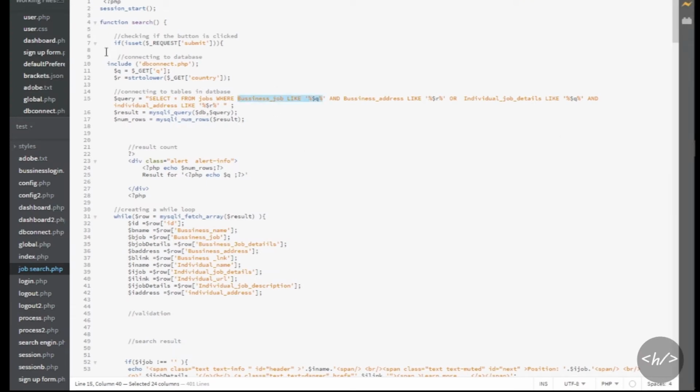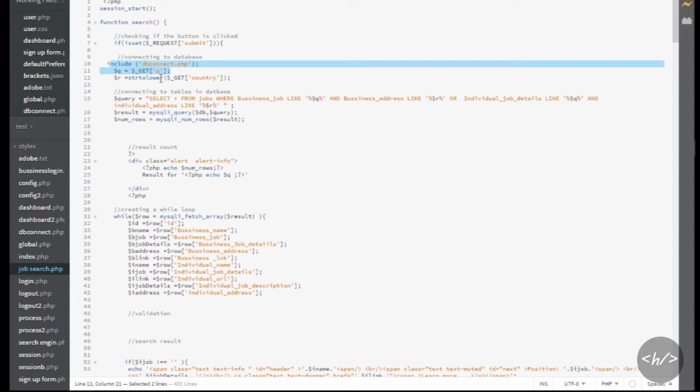You could see here, let's give a basic if statement to check if the button is clicked, because I named the button submit. So what this code does is check if the button is clicked, and I encapsulated the whole code in a function. So I'm going to call the function where I want the code to run. That's just it. And I connected to the database.